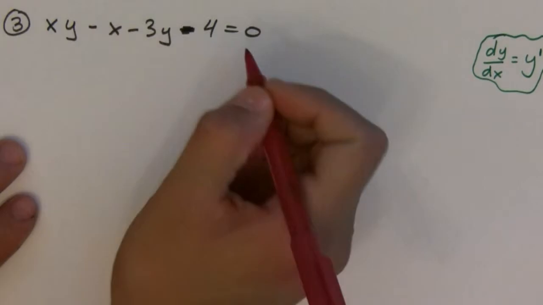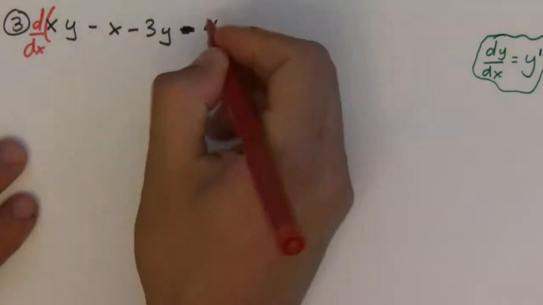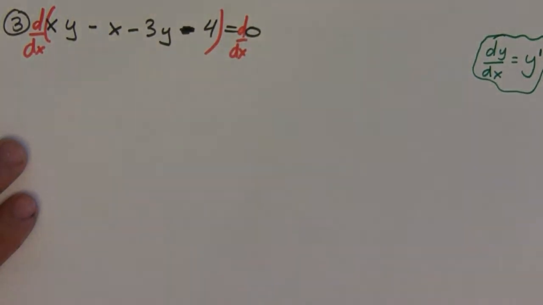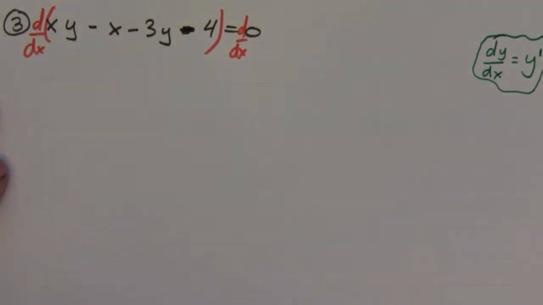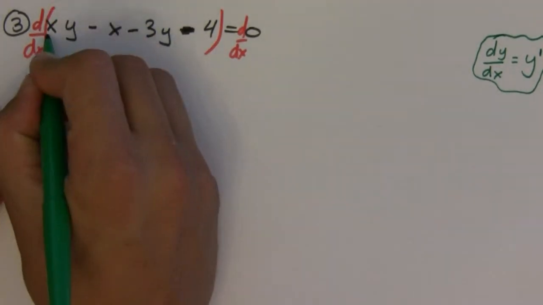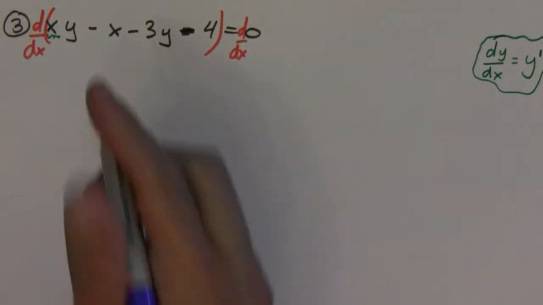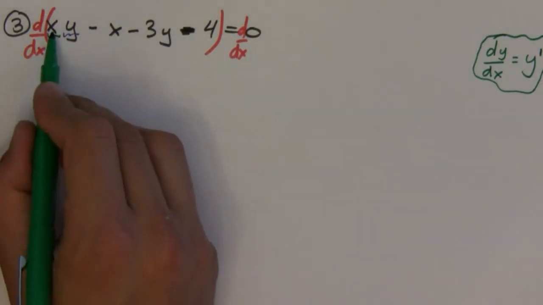Okay, so we're going to get the derivative of both sides. Derivative of the left side, derivative of the right side. And so the derivative of the left side here, we have to use the product rule, because we have a product of two functions. And so here what we have is, well, we're going to do the derivative of the first, so